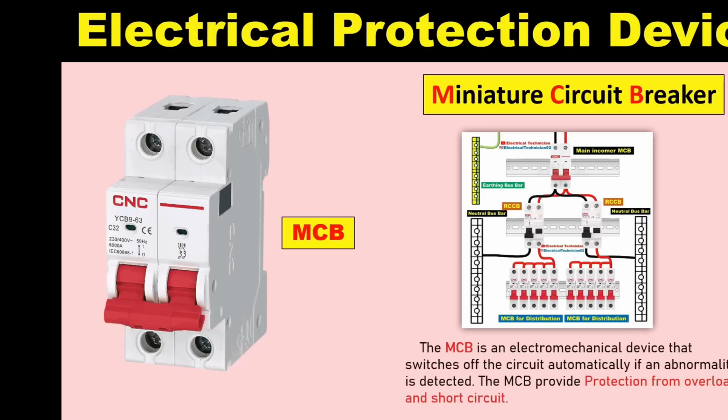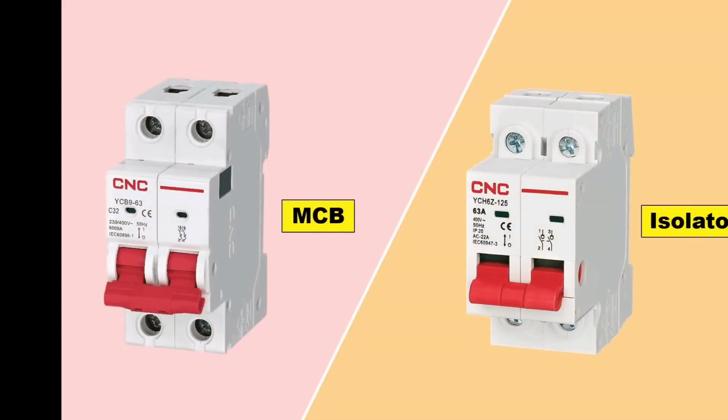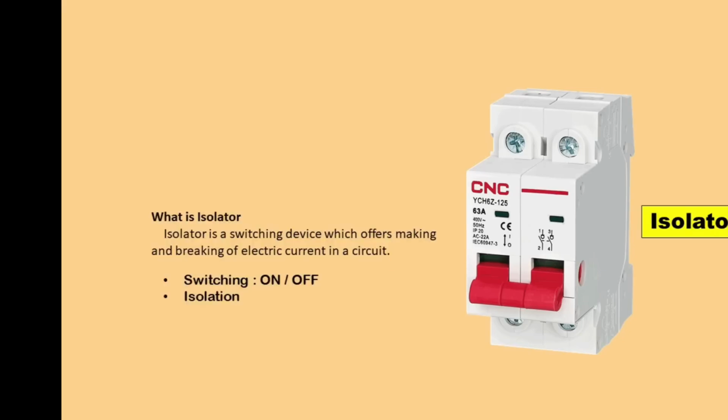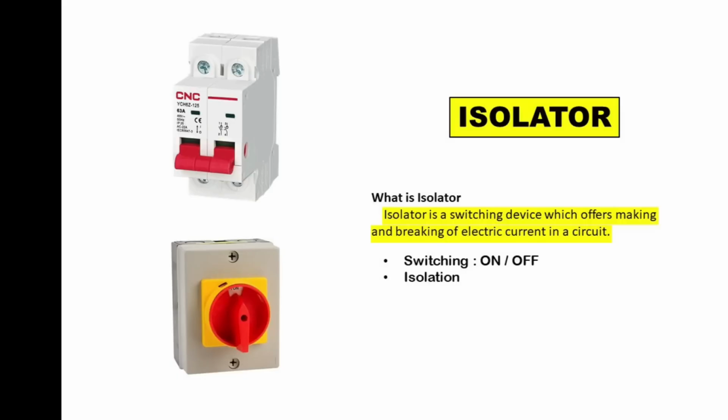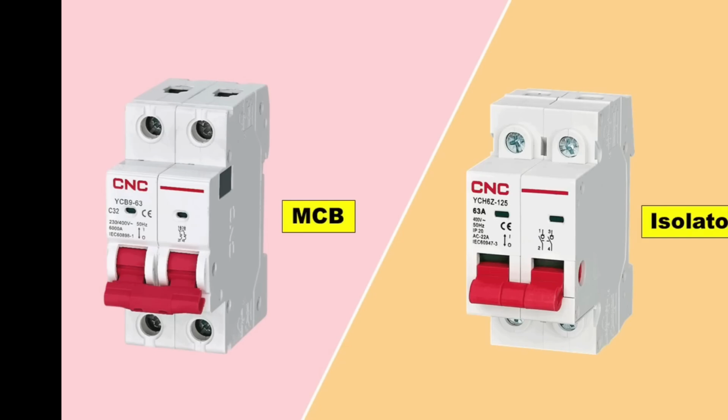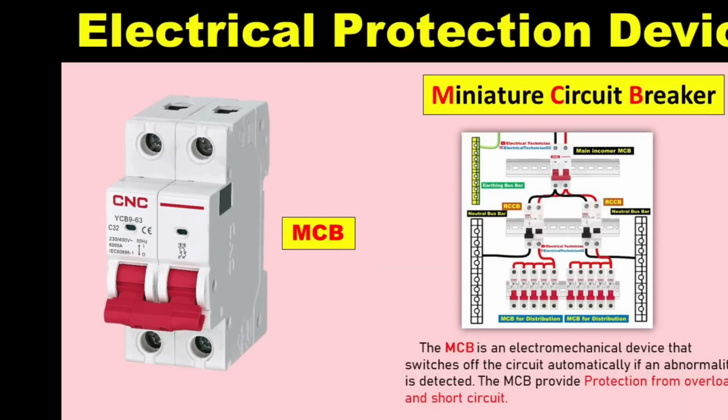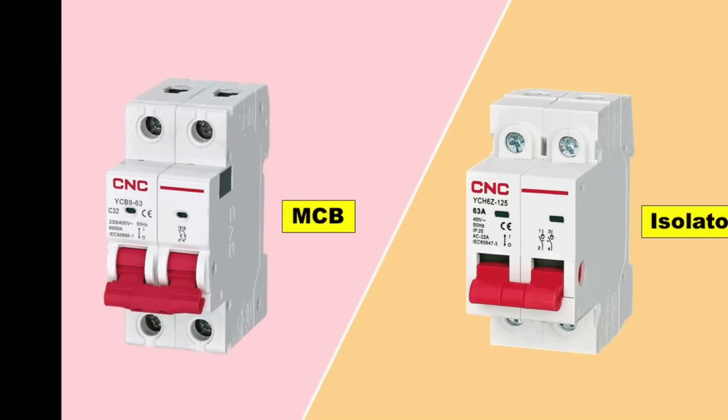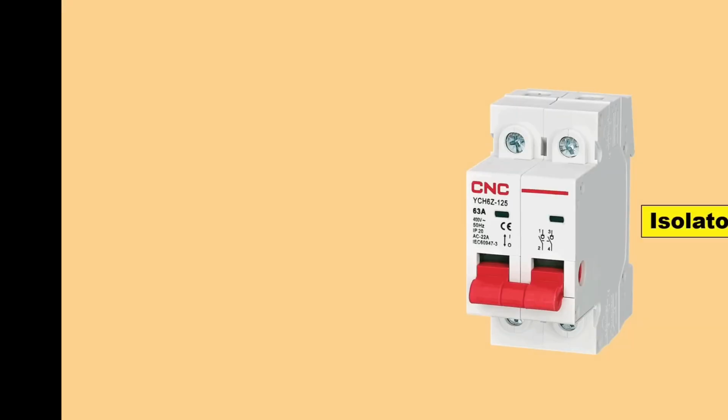Friends, before moving forward, I want to tell you one more thing, that is the MCB and the isolator, both of these look almost the same. Just like your MCB, isolator is also there. Although you can find various types of isolator, this MCB type of isolator looks exactly the same as MCB. If you go to market to buy a MCB, then from profit point of view, the shopkeeper may sell you isolator in place of MCB. And if you install isolator in your home,